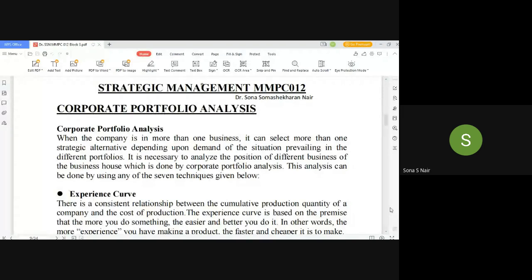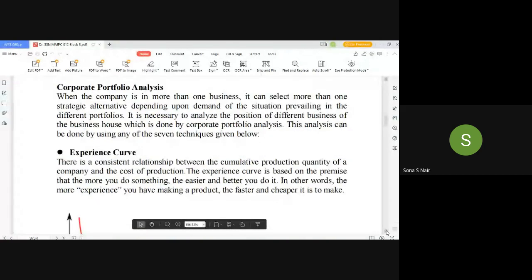Okay, the second thing which is important here when we're talking of the strategies is the corporate portfolio analysis, right? And what are the various techniques of corporate portfolio analysis? Why do we need corporate portfolio analysis? When we are discussing and deciding on the different strategies which can be followed by the organization and the strategic business units, we have to do a sort of an analysis where we should be in a position to understand what kind of strategies is to be applied to what